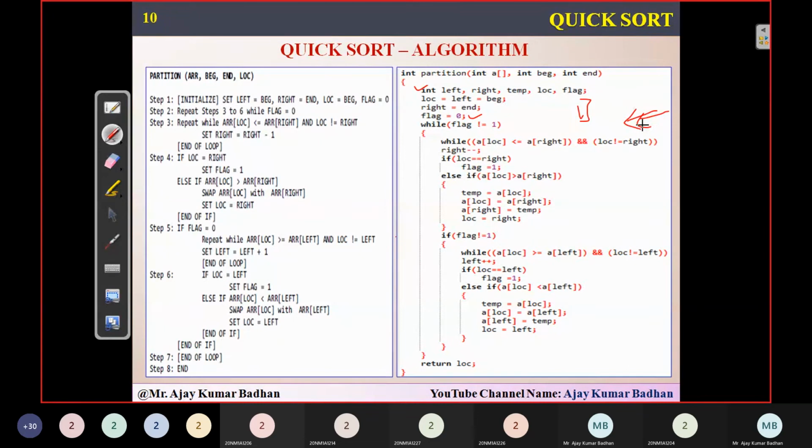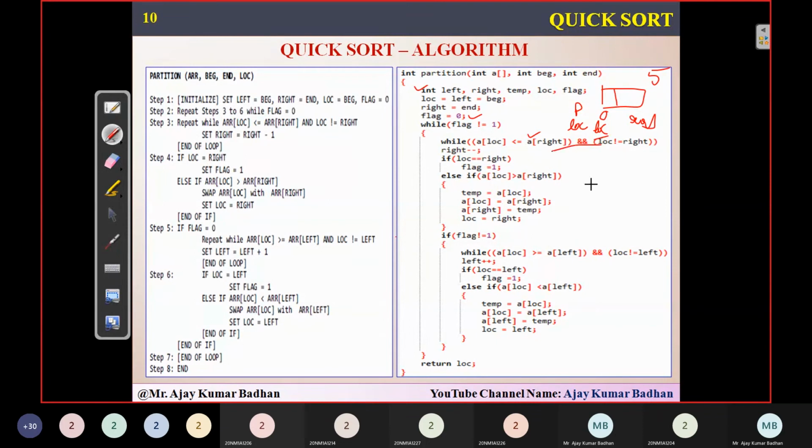And apart from that, location is not equal to right. Location should never be equal to right, because wherever the pivot point is present, there only should you have the location. In the example, initially the pivot point is located at 0, so location should be equal to 0, not equal to right. Right means 5 here, so it should not be present.